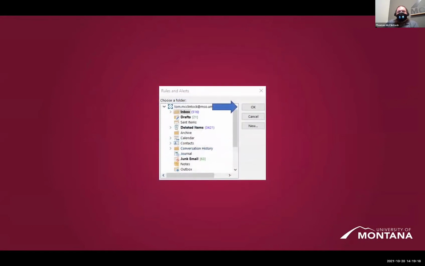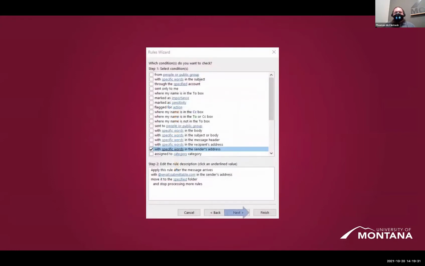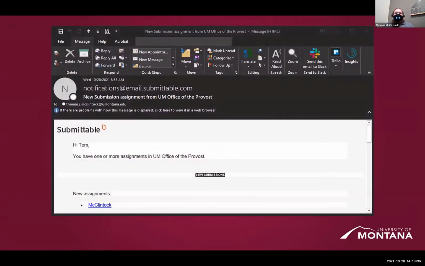and then you can select your inbox, or if you want to direct them all to a specific folder, like if you want to create a submittable folder, go ahead and do that by clicking New. Otherwise, just hit OK and hit Finish. So going back to the email that you get, you'll see that it says View Submissions. That's the easiest way to get to the submissions that you're assigned to